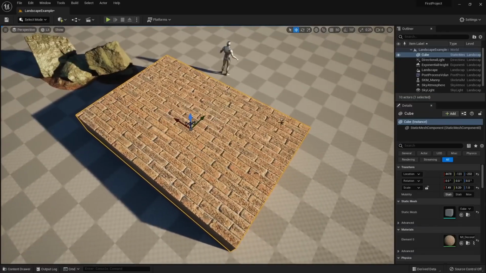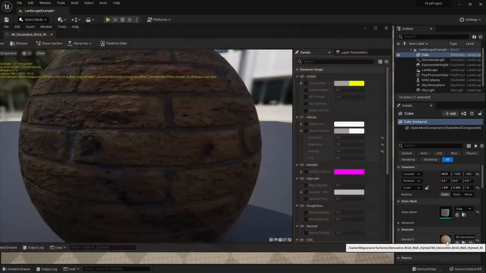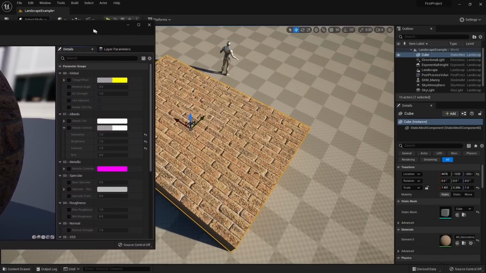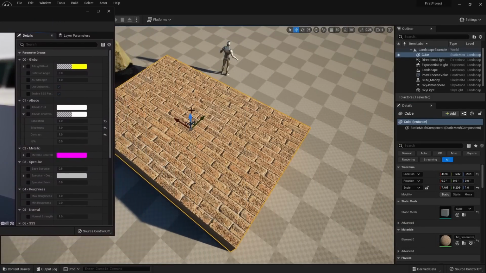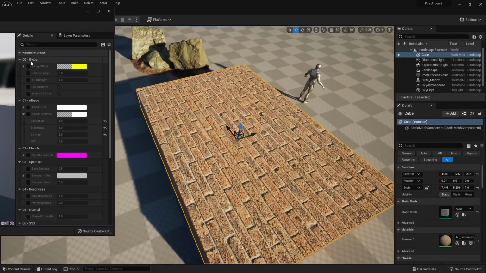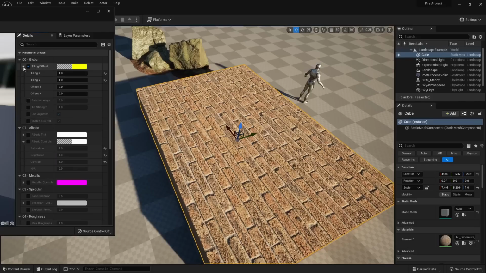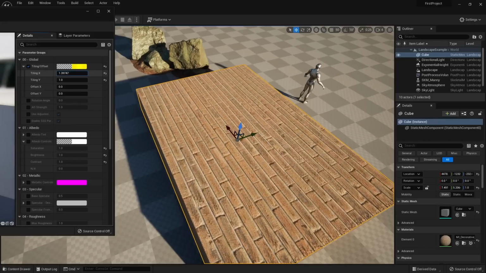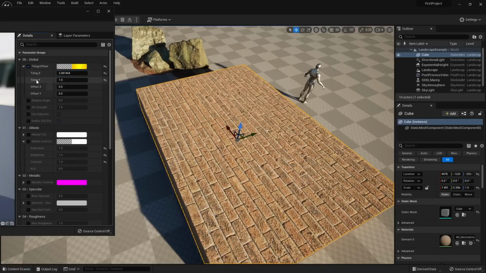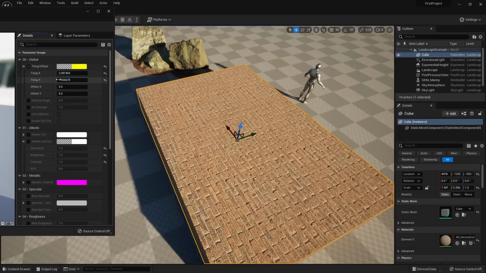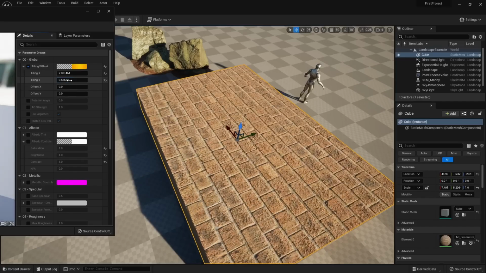I can select this brick and open up its material instance to see what parameters we have, and the parameters are pretty much exactly the same as beforehand, except I want to point out what global does. So global controls our tiling. If I click on tiling offset and then click on the drop down, we see tiling X and tiling Y. If I want to tile it more on the X direction, I can increase this. If I want to tile it more on the Y direction, I can increase this,